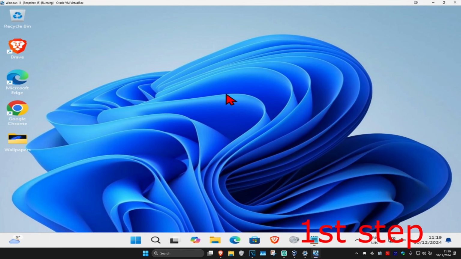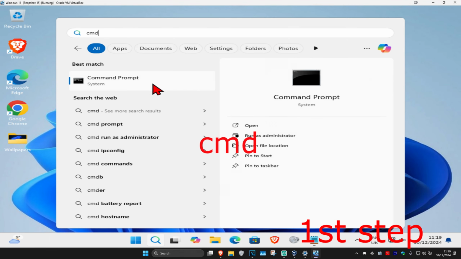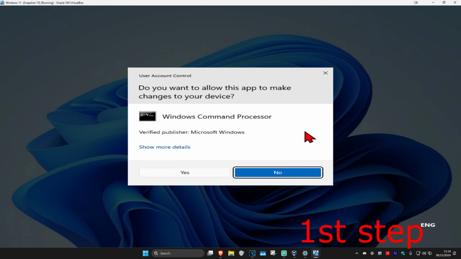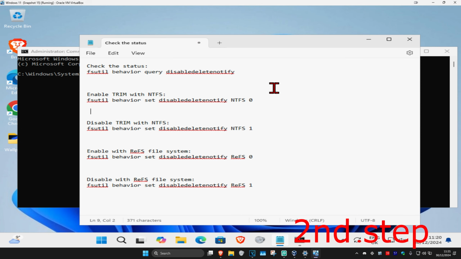So guys, for the first step, you're going to head over to search and type in CMD. Then you want to run it as administrator. And then click on yes. And then once you run this, I'm going to be leaving 5 commands down below for both NTFS and for